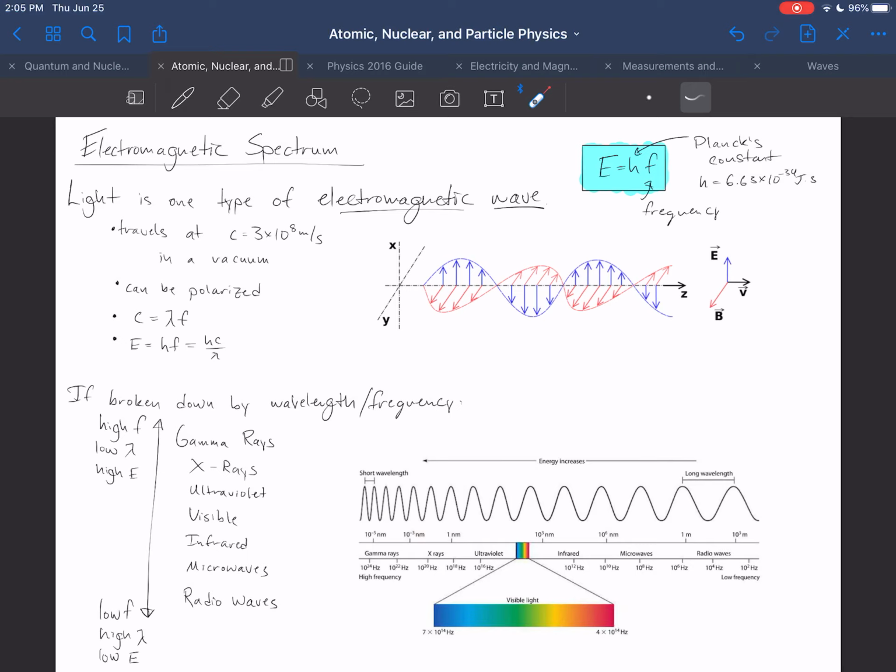So this is an absolutely unbelievable scale. And this picture right here, this little diagram, is a little bit misleading because the wavelengths over here are literally kilometers long, and the wavelengths over here are 10,000 times smaller than a nanometer. So this is an extraordinarily large scale and an extraordinarily large spectrum.